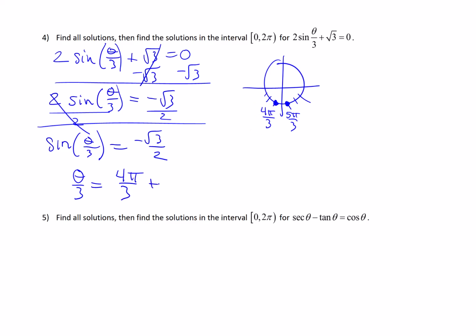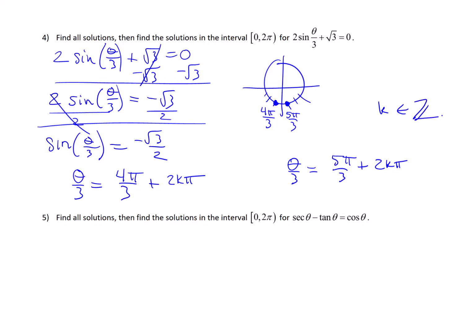But then you could say plus, and then we could use the period of sine, since that's our function here, 2k pi. We've seen that going on by now, right? And we can also recognize that these two solutions are not going to overlap each other. Like you can't start at one, add a lap, and hit the other one in so doing, which means we're going to need to represent both. So we have theta over 3 also then equal to 5 pi over 3 plus 2k pi, again, where k